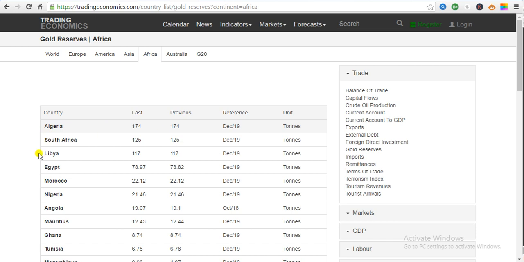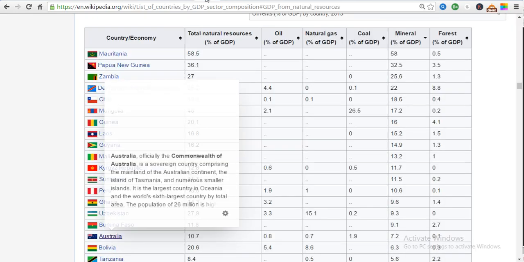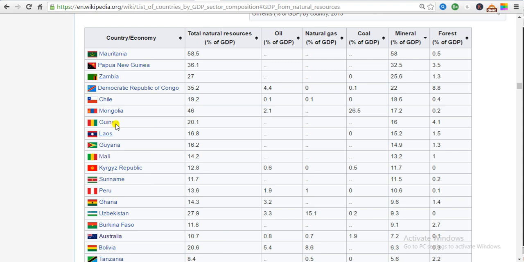So in Africa, Algeria has the most gold in reserve, followed by South Africa, and then Libya. So of these countries, they are actually found on the map of gold producers, such as Ghana. Only 8 tons of gold, but in terms of its GDP and its productivity, the natural resources in Ghana account for 14%, which is high. 14% of their GDP comes from natural resources, and 9.6% comes from gold. So for a place like Ghana, we know that they do have a lot of gold,